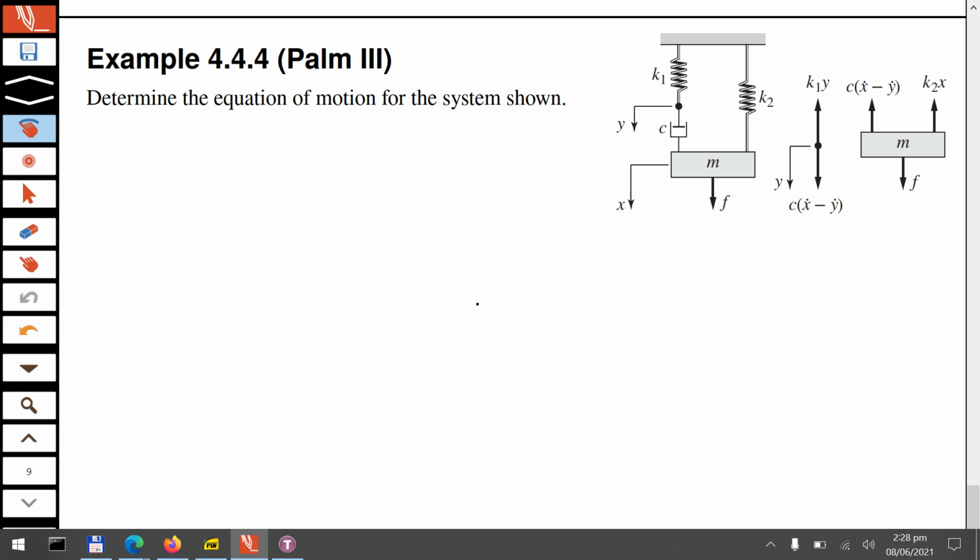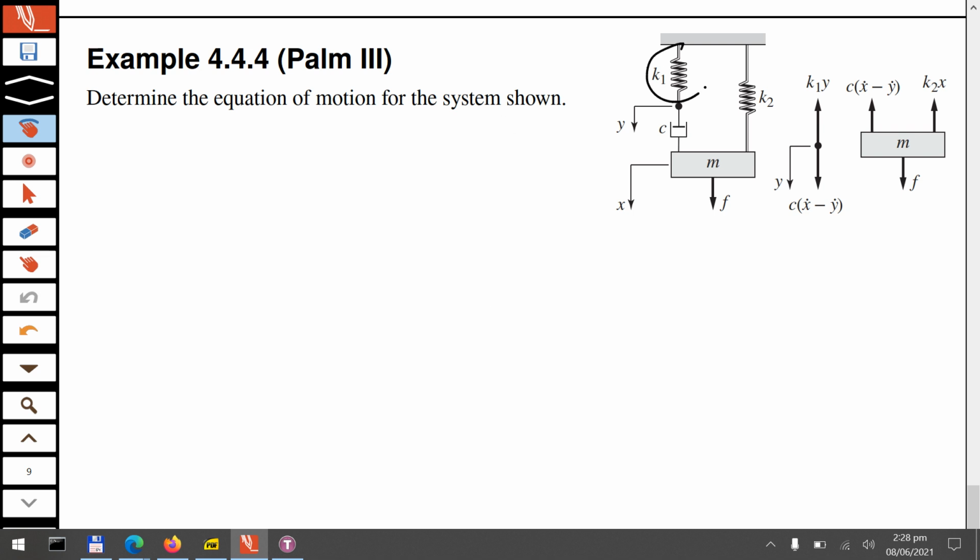Because the point between K1 and K and C has its independent displacement and independent velocity, we will model this point as a rigid body. Okay, even if the mass is zero. ये बहुत जरूरी है ये point. ये इसलिए है कि इसके लिए हम इक्वेशन लिख सकें। आप रिजिड बॉडी की ही इक्वेशन लिखेंगे, ठीक है।